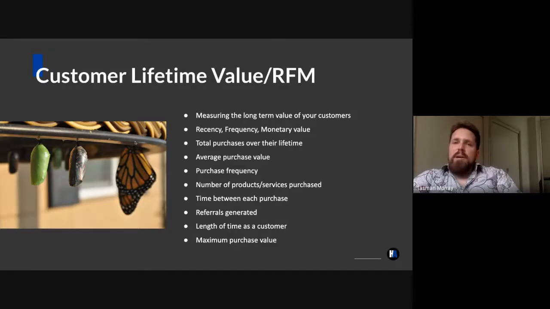So with CLV, you'd use that to segment your customers. If you have customers who are going to drop in really quickly, they're going to buy one thing and they're never going to come back, you need to market differently to those people than customers that are going to be with you for the rest of their life. So using this to segment, create an audience, and then push that back onto lookalikes can be really valuable. Same with RFM, but just getting a CLV score or an RFM score by itself is largely pointless. Unless you're going to do something with the metric, there's no real value in you having that metric.